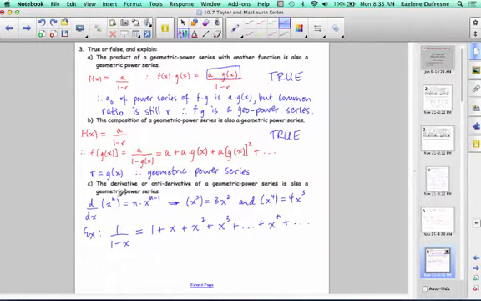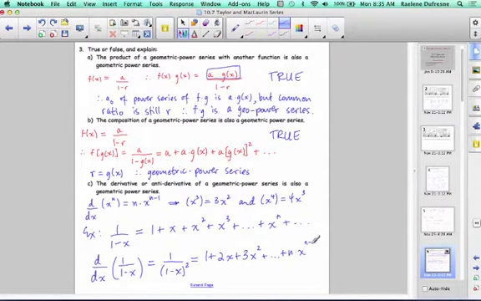And then we know that the derivative of that power series can be still another power series for 1 over 1 minus x quantity squared, but the derivative is going to be 1 plus 2x plus 3x squared plus dot dot dot plus n times x to the n minus 1 plus dot dot dot. And so while we still have a power series in x, because we don't have the coefficients being constant, we have changing or variable coefficients, therefore we do not have